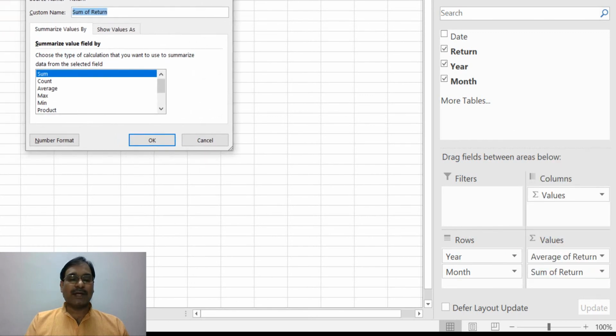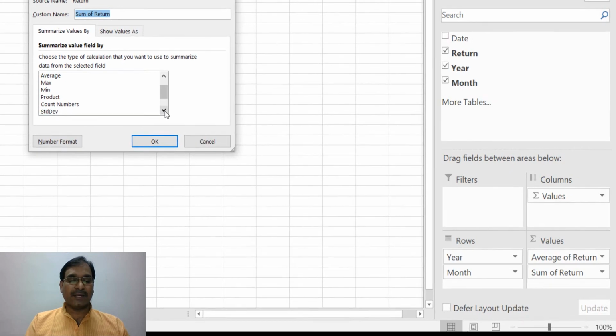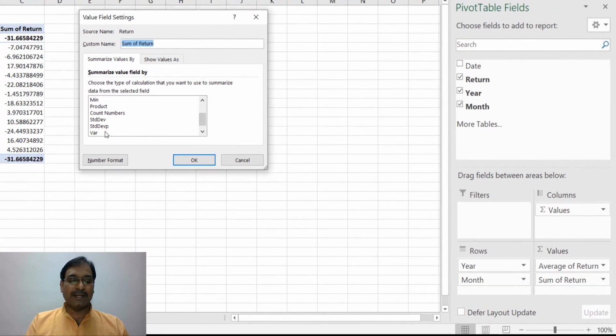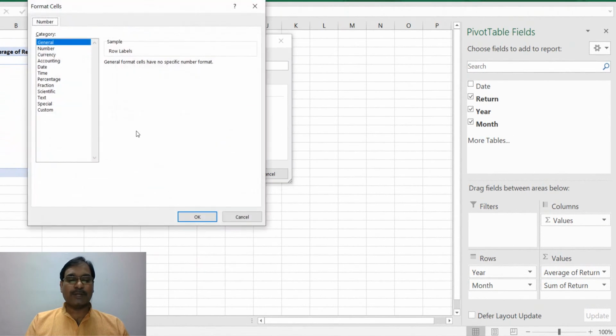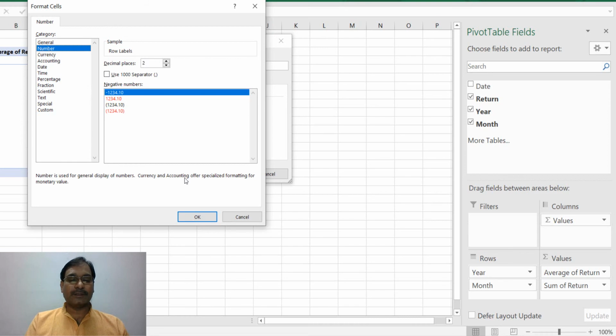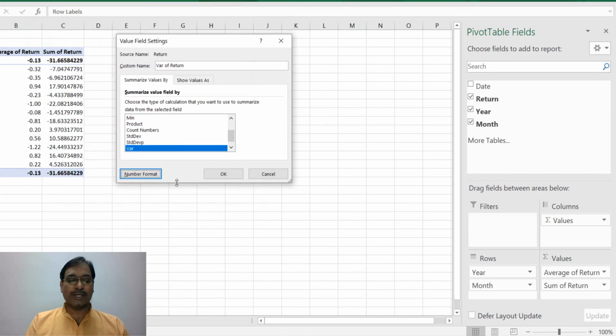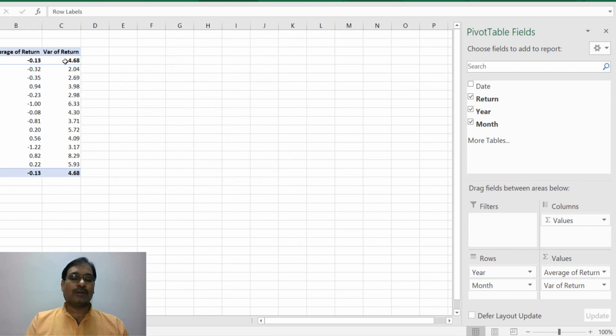Now from Value Field Settings, this time, under Summarize value field by, you have variance here. So click on variance and go to Number Format, number with 2 decimals, click OK and then click OK here. So you have a variance for each month.